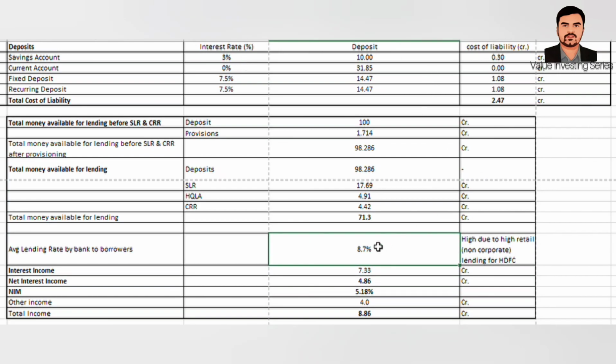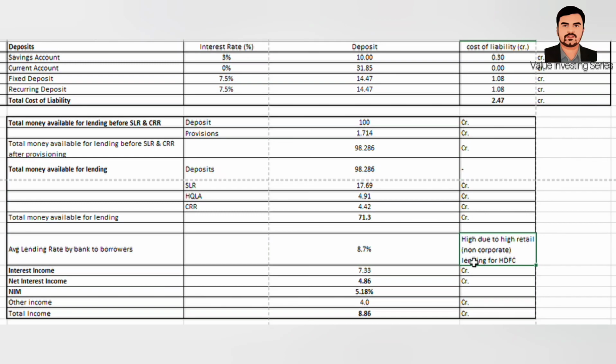So 8.7% lending rate, in the sense you have got lot of things. Commercial loans, then home loan, then personal loan, education loan, many things. But out of which, I'm taking 8.7 as an average value. It cannot be done like this. You have to consider each and every interest rate and the account and then derive the value. But for discussion purpose, for your understanding purpose, simplicity purpose, I have considered an average total lending rate as 8.7%